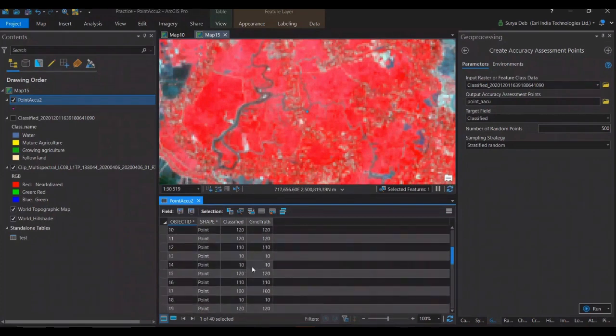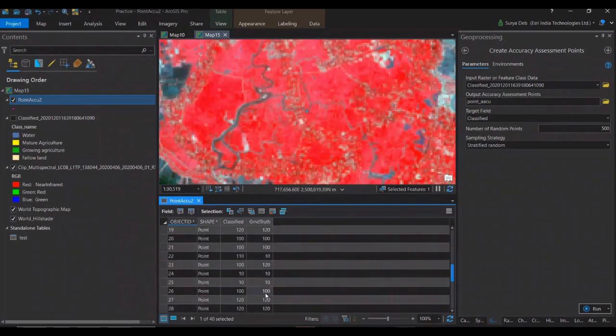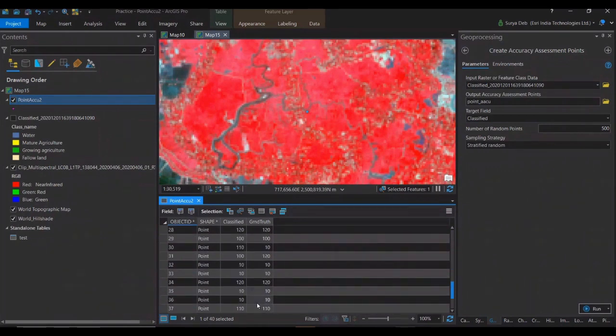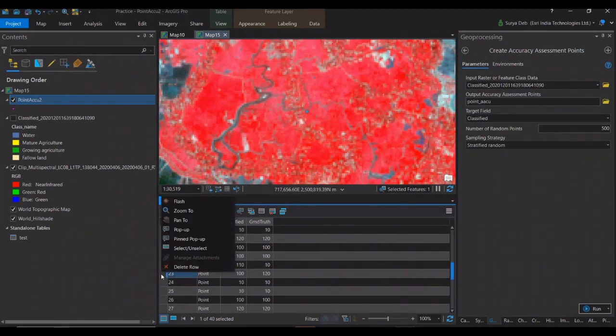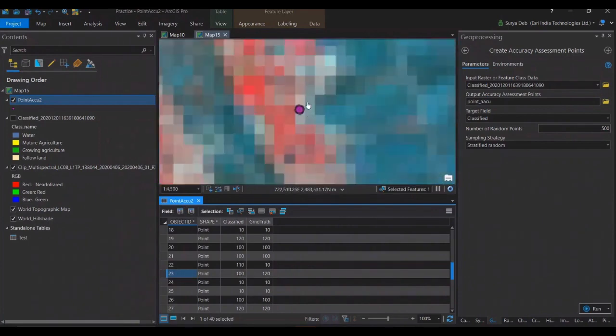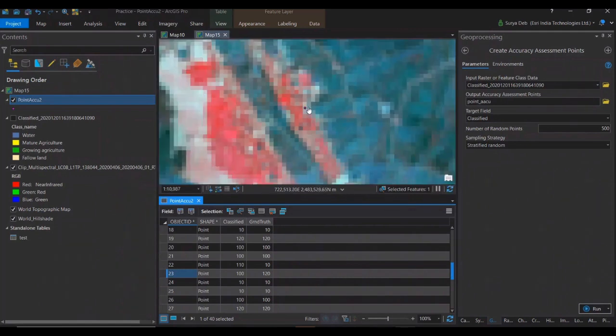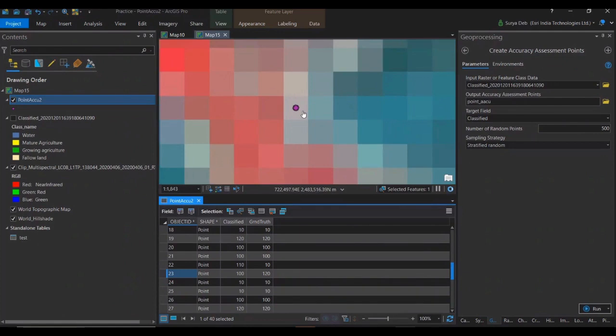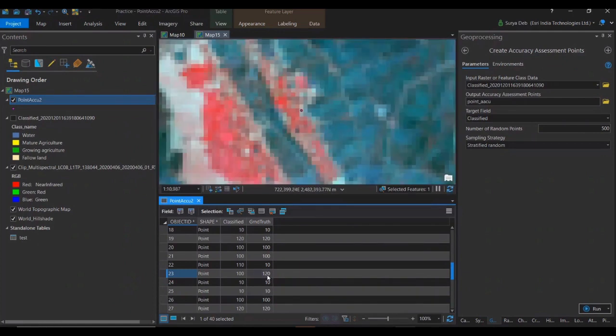Suppose there are some differences, I will show you. Definitely we have it here. You have to search for it. There are some places where the value is different, and see this one. This is showing 100, mature agriculture, but it is falling in here. Suppose it is showing a growing state, or suppose a fallow, at this point. So I just put 120 here. Like this, you have to put the value manually.